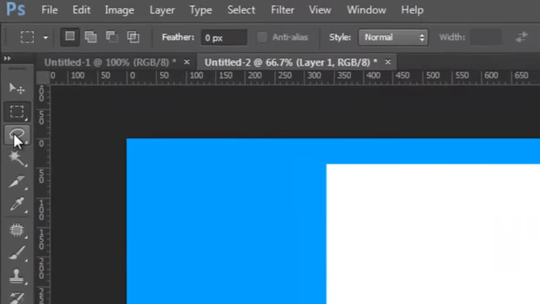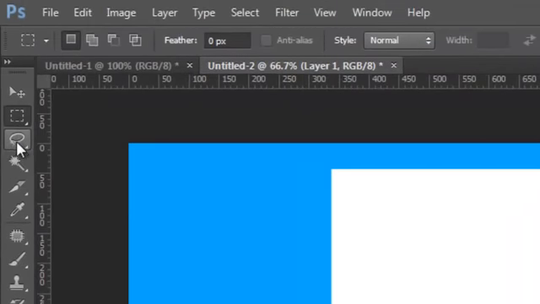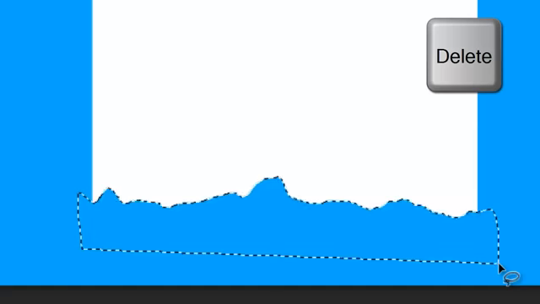Now, using your lasso tool located beneath the marquee tool, you're going to draw your raggedy line. This is where your tear will be, so just put it wherever you need it. Once you have that selected, delete it and press Control D to deselect. Now you're going to give it the rough line as if it was torn. The way you do that is by first selecting your pen tool,